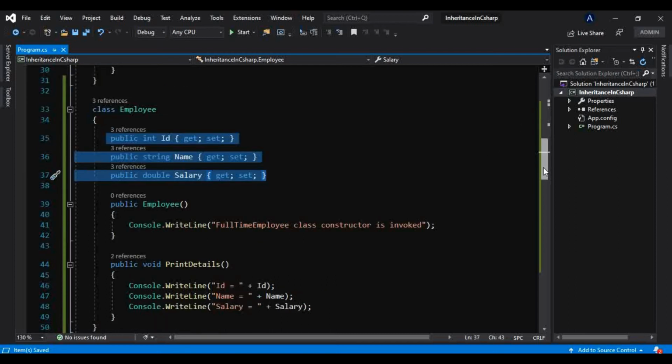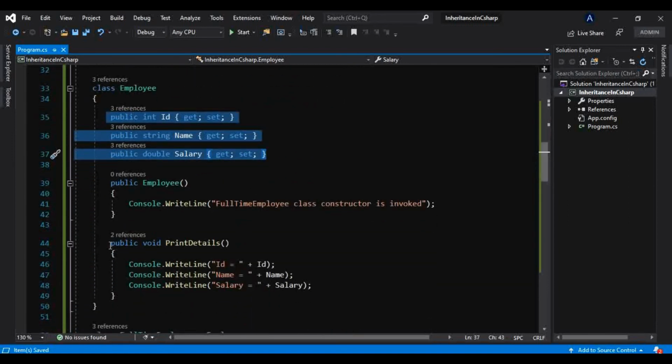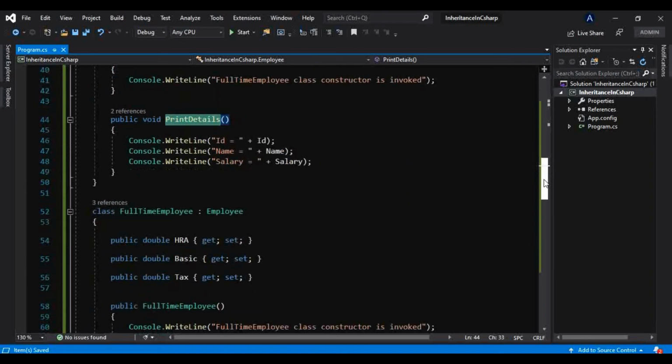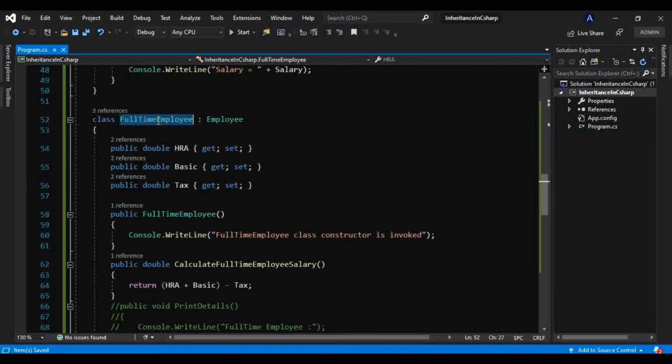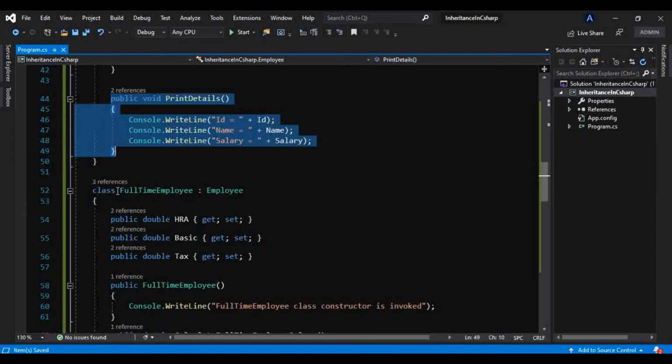Now what is code extensibility? Let's consider that I have taken one method here, public void PrintDetails. But what if these derived types want to provide their own implementation, their own logic to print the details of the employee?